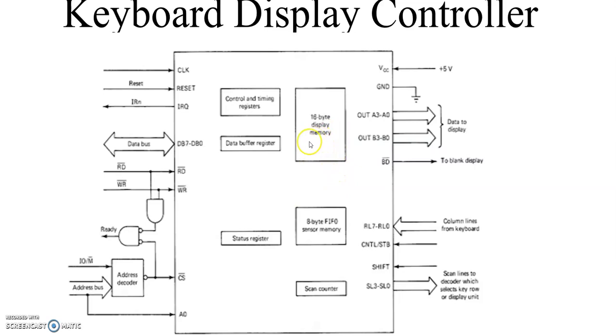Next, in how many ways is the keyboard interfaced with the CPU? First, the interrupt mode, and the second one is the polled mode. What is the interrupt mode? In the interrupt mode, the processor is requested service only if any key is pressed. Otherwise, the CPU will continue the main task. Whereas in the polling mode, the CPU periodically checks or reads an internal flag of the 8279 to check whether any key is pressed or not.